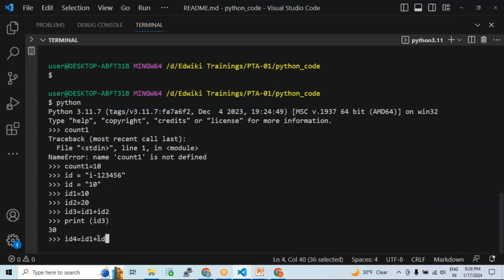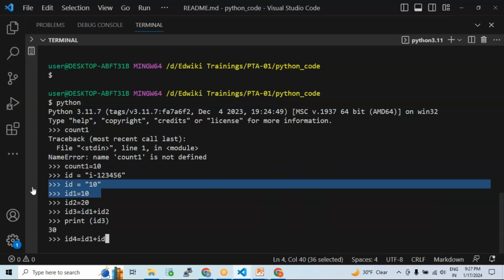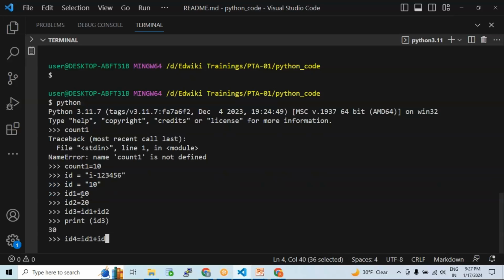What is the id value, guys? Id is one variable that I have taken somewhere here, right? Id is currently 10. Id1 is also 10, right? Both values are 10 only. Id1 plus id. That means 10 plus 10,